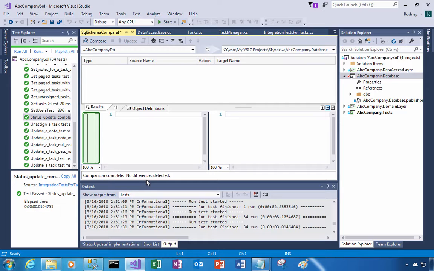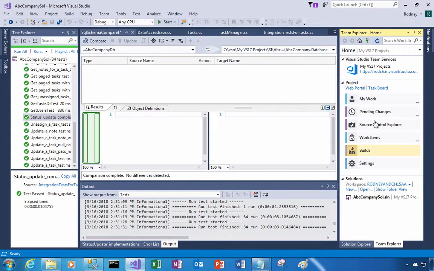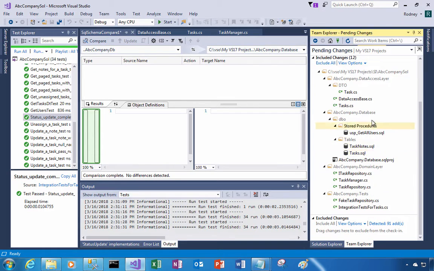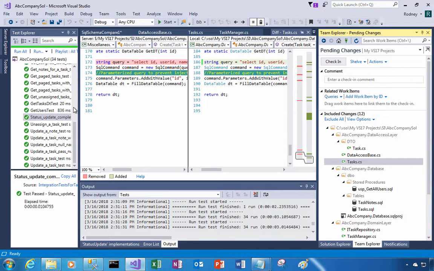Those are all the changes needed to add that new field. So the test pass, here are the changes